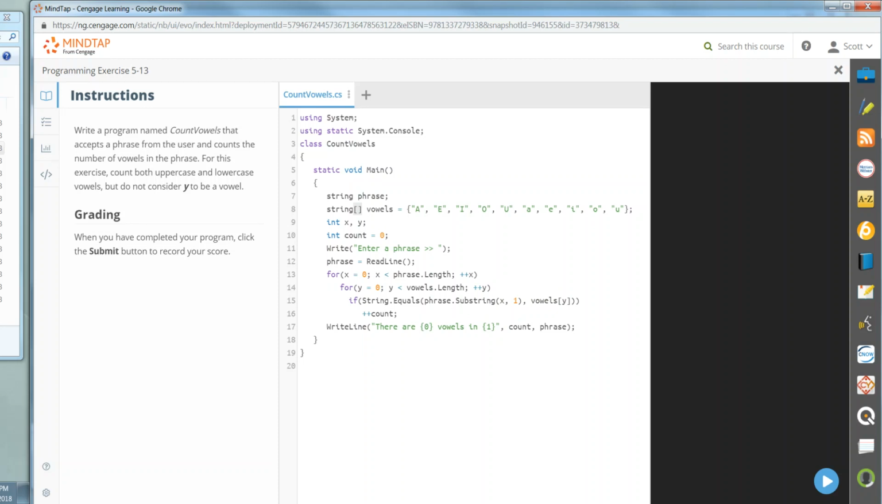Got an integer x and an integer y, and we've got a counter that we've initialized at 0. So we ask the user to enter a phrase. It's then read in and stored in our phrase string. And then we're going to have a for loop, and that for loop goes through item by item, character by character, looking at however long that phrase is. So as long as the phrase is whatever was input,